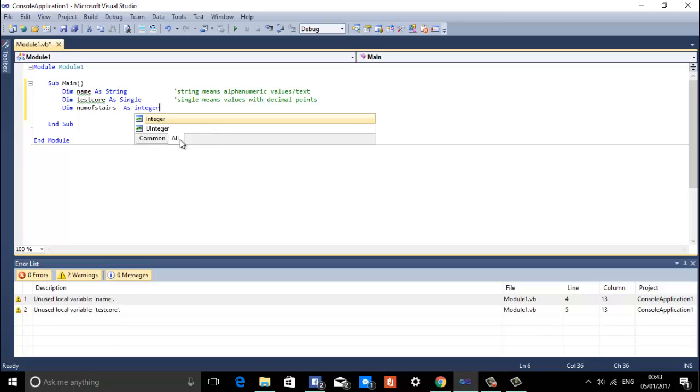They're not in points and stuff, unlike single. The difference between single and integer is that single can store values with decimal points, while integer cannot. And we don't need it here, because no one has 2.5 or 3.5 stairs in his house. So integer